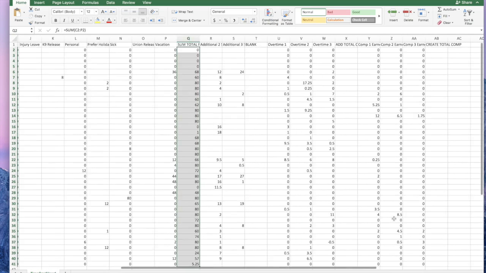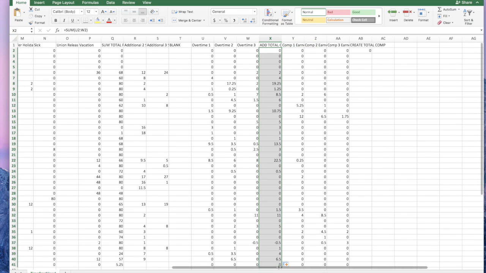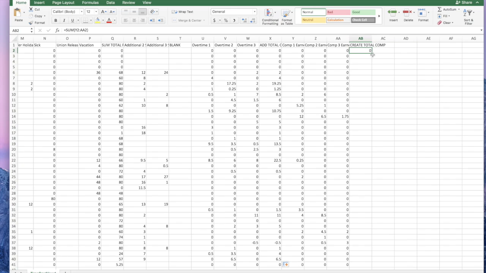We're going to go ahead and repeat that for our overtime and our comp. I'll do the same thing for our first line of employee, over to total of comp, auto sum. I'll do the same thing for comp earned, auto sum, and then I will go back into my total columns, drag down to our last employee. It will total all of those, drag down for comp for all of our employees, total those,